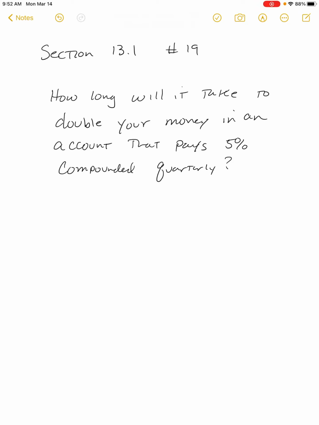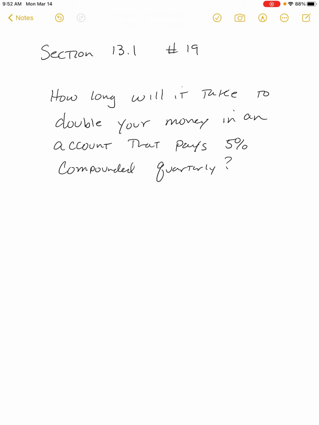All right, we had a question here in regards to a problem that's found in section 13.1. It's number 19 in that homework exercise set. Now, the numbers may be a little bit different as it randomly changes numbers for your particular question, although the overall question is going to be the same. And so the question was, how long will it take to double your money in an account that pays 5%